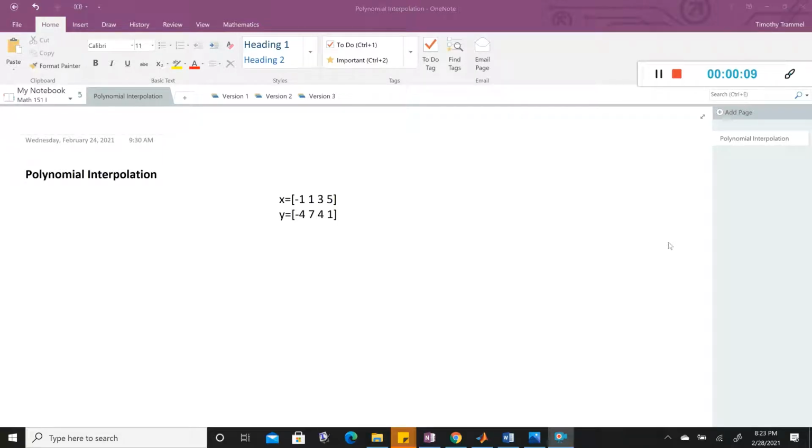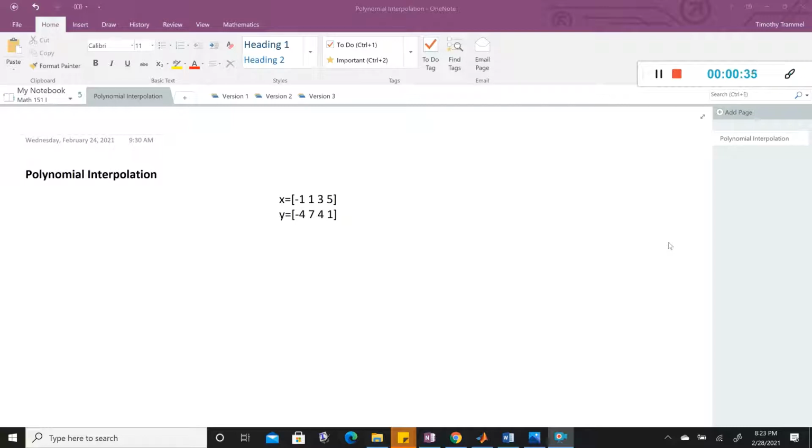Our next topic here is polynomial interpolation. And this is going to be different from polynomial regression. With polynomial regression, we had our data, and we were trying to come up with a polynomial that most closely fit it. It didn't necessarily go through any of the points. But what we'll be doing here is we're going to create a polynomial that does go through every